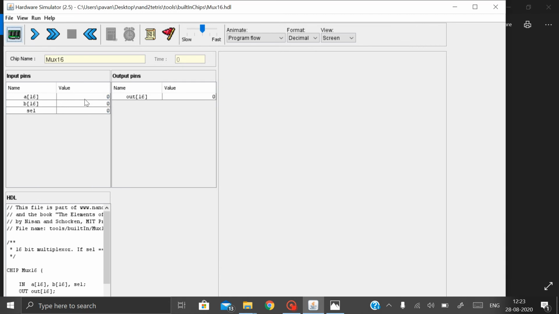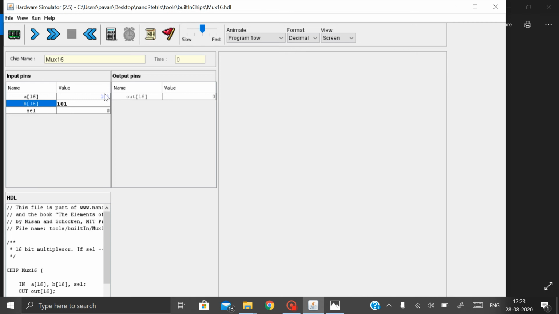You can see here A input 0, B input 0, selection line as 0, output is 0. Let us give 101 for A, B also 101, selection line as 0. Why I gave 101 is because it is a 16-bit multiplexer.